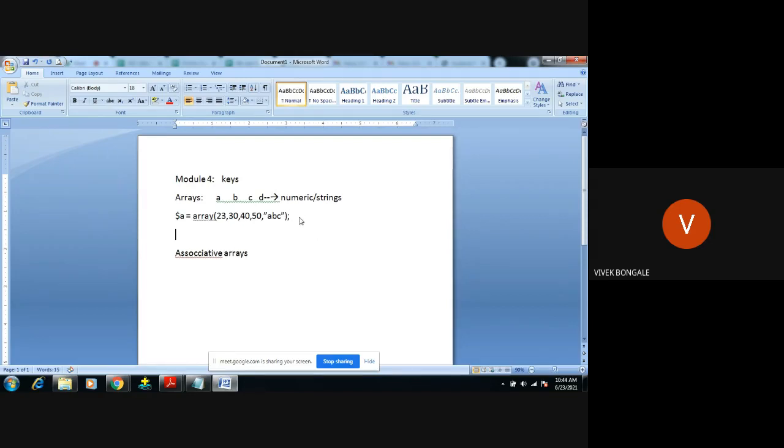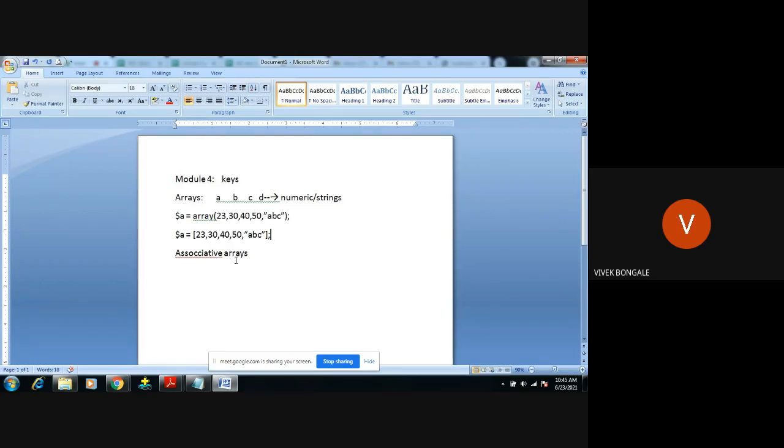The shortcut method: create one variable, $a equals, no need of giving the array keyword, use a bracket symbol, and assign what you want. Same thing. This is an alternate way of giving a value there.